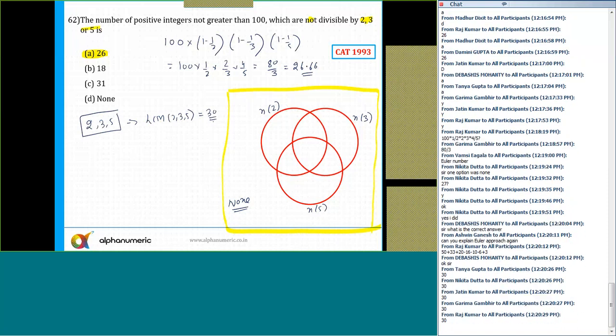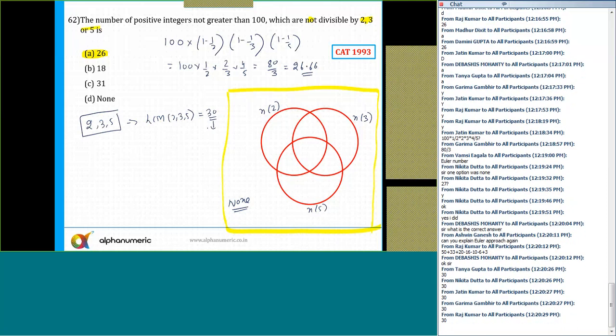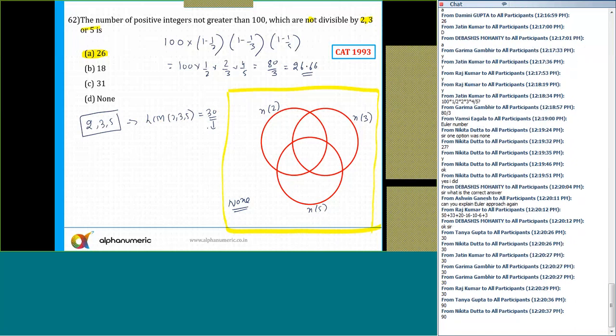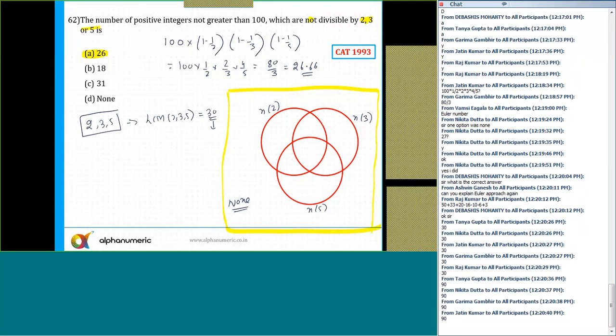30. Okay? Take the number which is a multiple of 30 near to 100. Here you don't even need to do that much. If the LCM is 30, I'll say 30 into, in a group of every two numbers, one of the numbers is this one. So I'll say 1 minus 1 by 2, into 1 minus 1 by 3, into 1 minus 1 by 5. And here you'll get a natural number which is 30 into 1 by 2 into 2 by 3 into 4 by 5. If you solve this, what is this value coming out to be? Can anyone tell me? 30 into 1 by 2 into 2 by 3 into 4 by 5. What is this equal to?